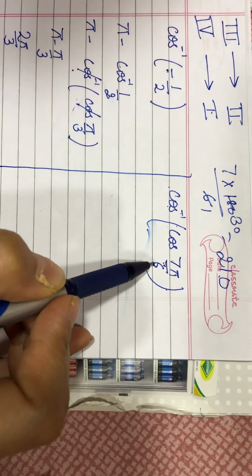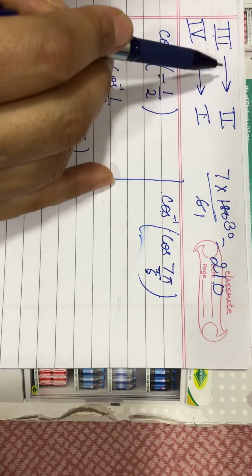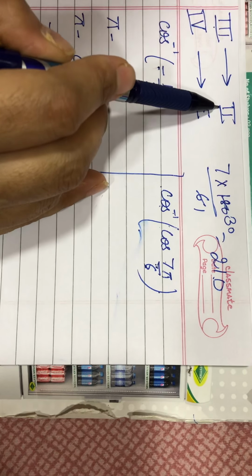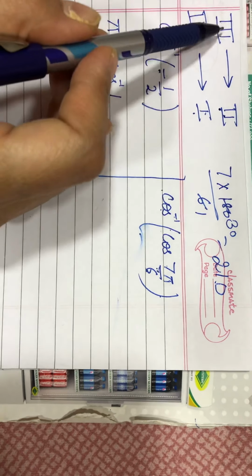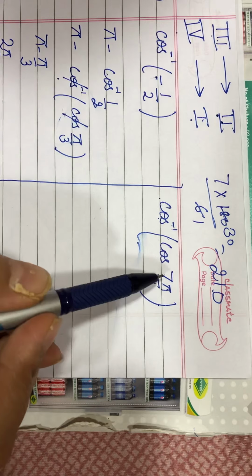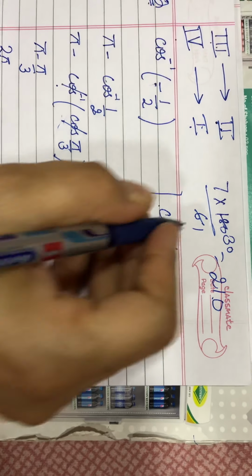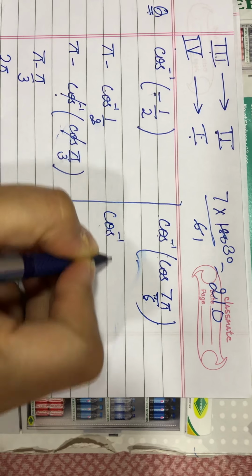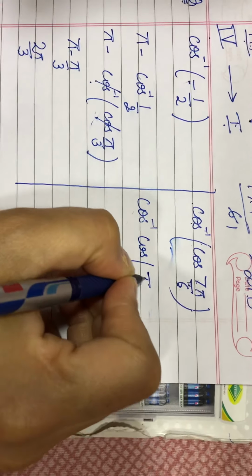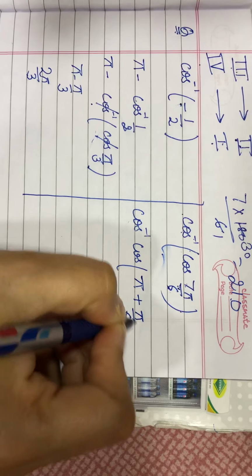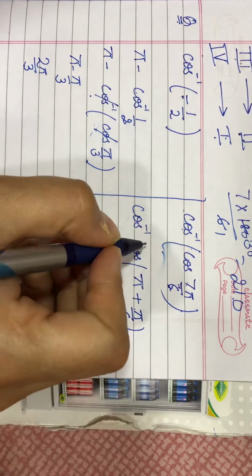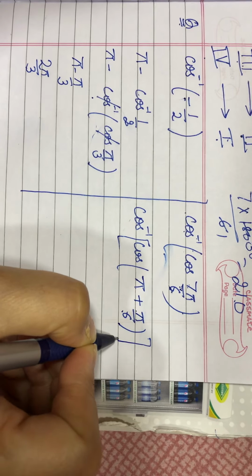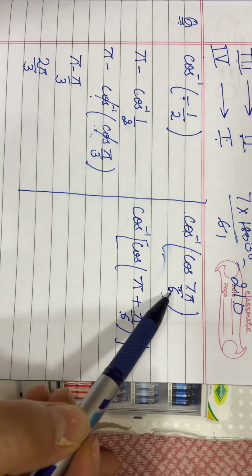Why do we need to shift this value into the second quadrant? Because the domain of cos inverse lies in the first or second quadrant only, not in the third or fourth quadrant. Then I am shifting this. Cos inverse cos of pi plus pi by 6. 6 plus 1 is 7, so the result remains the same as 7 pi by 6, meaning we will break the term 7 pi by 6 into the